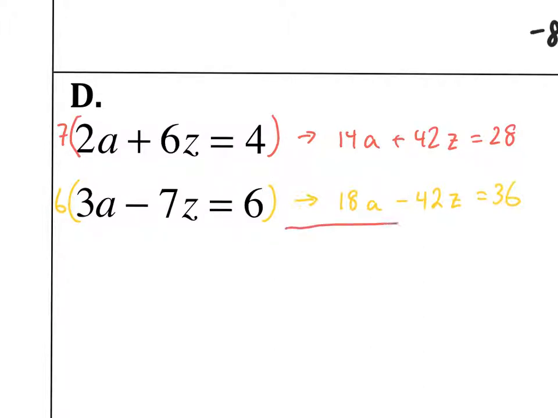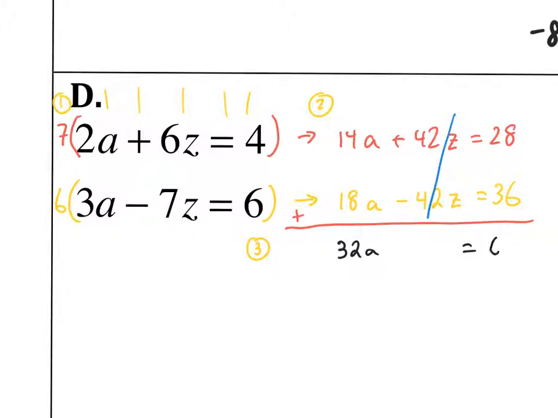Now I'm going to add them. So let me walk through again my steps. Step number 1, things were aligned here. So step 1 is done. Step 2, I multiplied to get opposite terms. Step 3, I'm going to do the linear combination component. Notice the z's drop out here, and I'm left with 32a